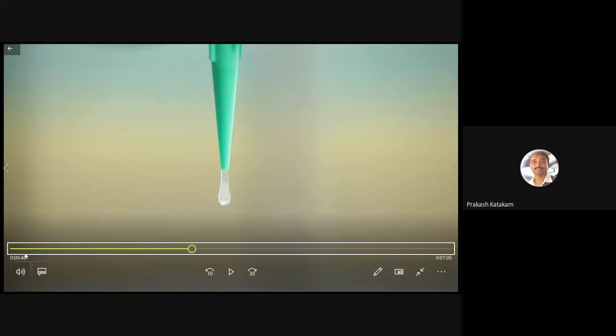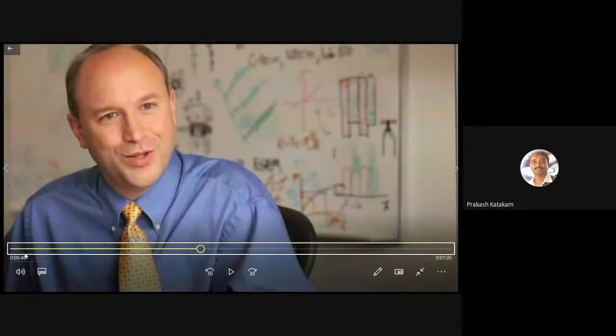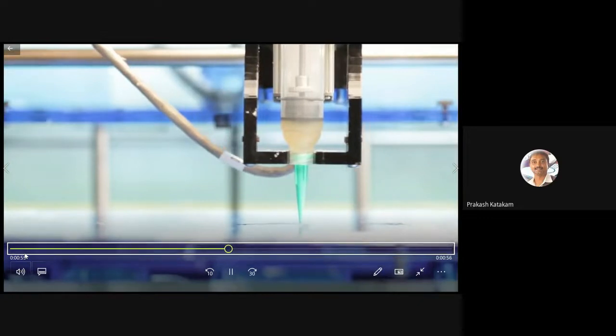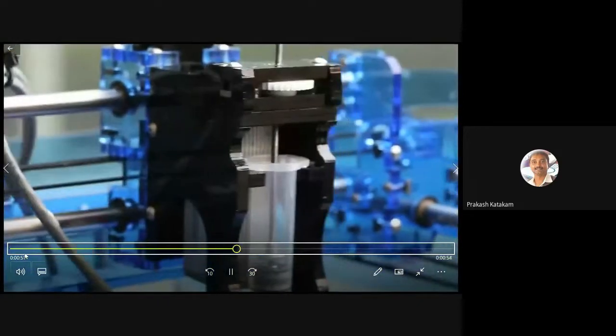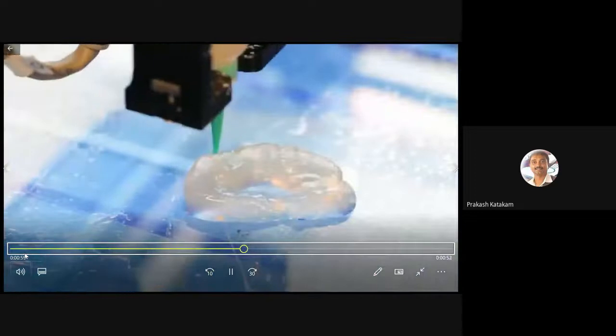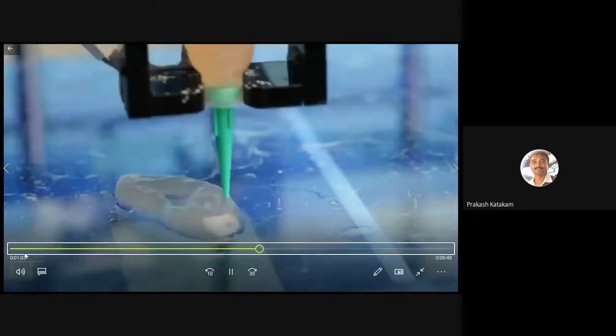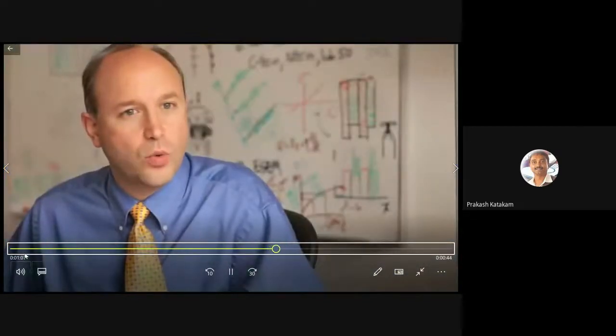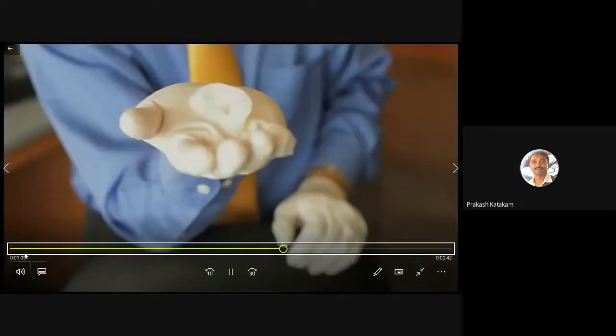So this ink will be printed in the scaffold. The power of the printing technique is that it can be used to make geometries that you just can't make with any other technique. You can make parts with holes in them. We can layer and cover and put different cells next to each other. So this ink may also contain scaffold material inside itself, like gelling material.